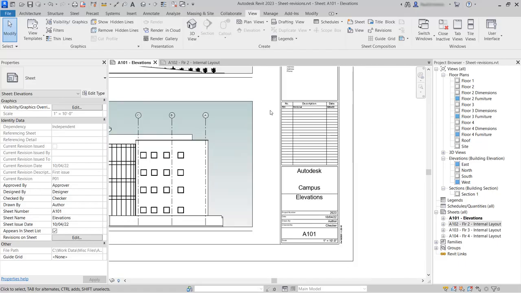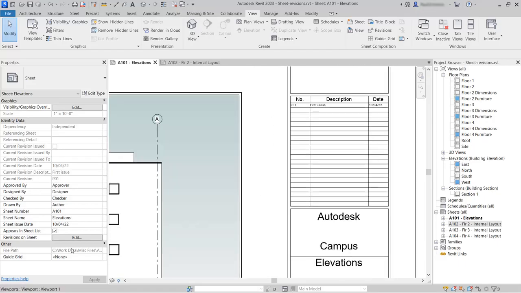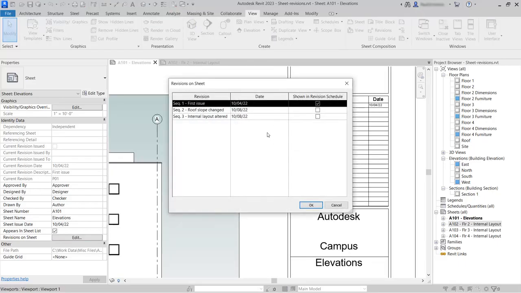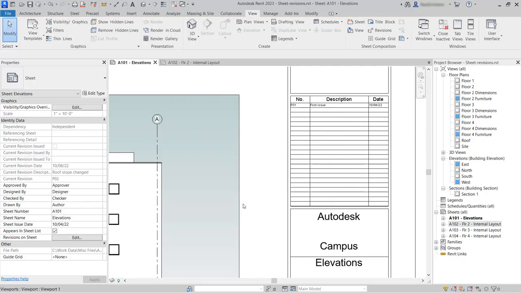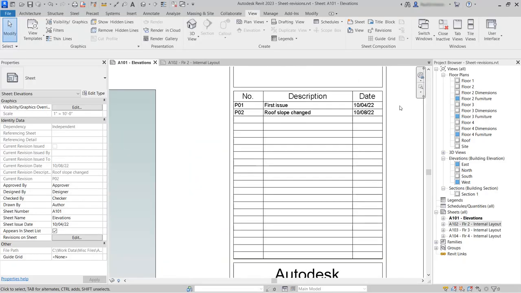And on the elevation sheet just here, we'll click the edit button next to revisions on sheet. And here we'll check the sequence 2 roof slope changed revision to be shown in the schedule, but we won't check the internal layout altered. And then we'll click OK. And we can see now that that has been added into the revision history here,